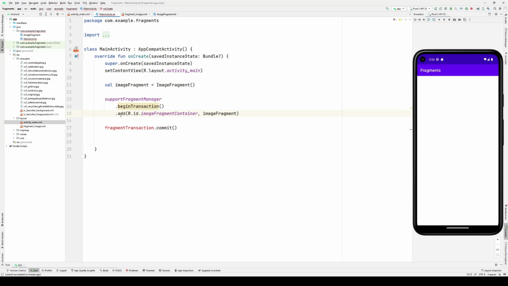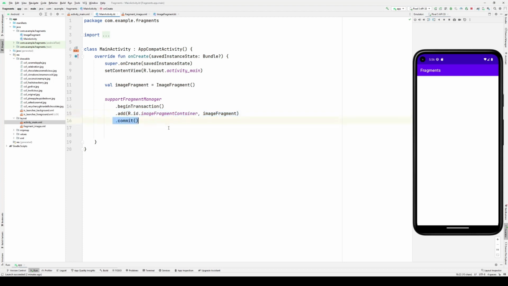When I call add, that's going to return the same transaction object, which means I can call directly on that transaction object commit. So it's really this, right? I'm just breaking it up across multiple lines, but I'm basically starting a transaction, adding the fragment, so I'm calling the add function to execute the add operation,